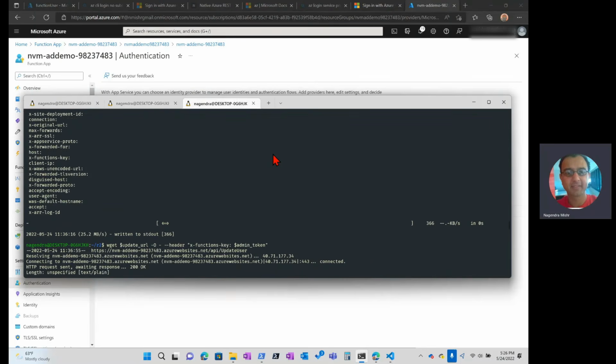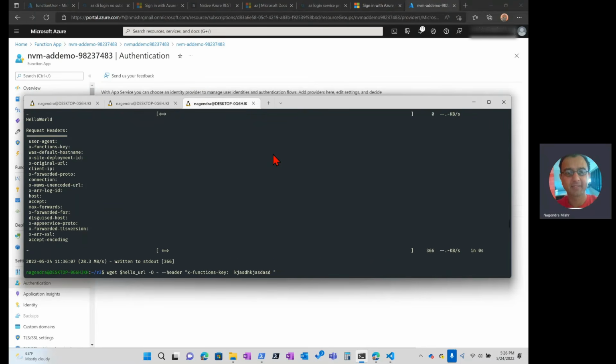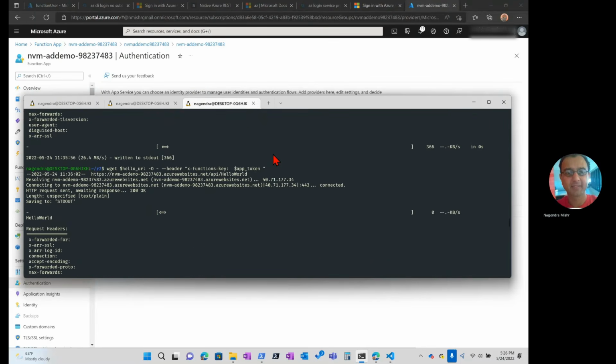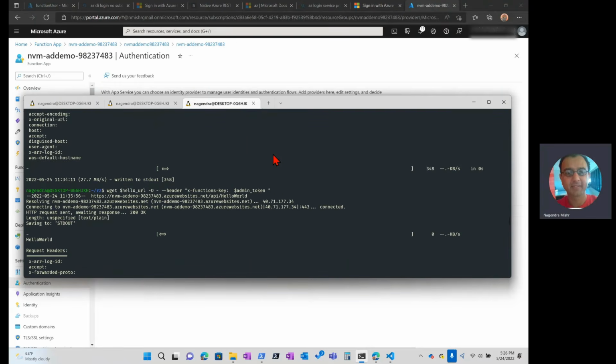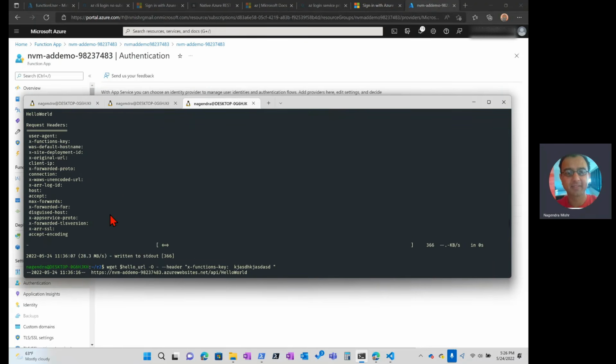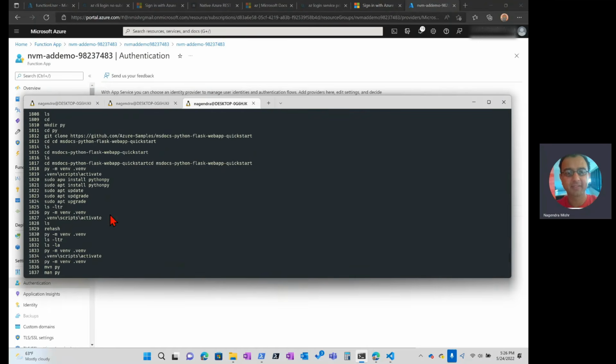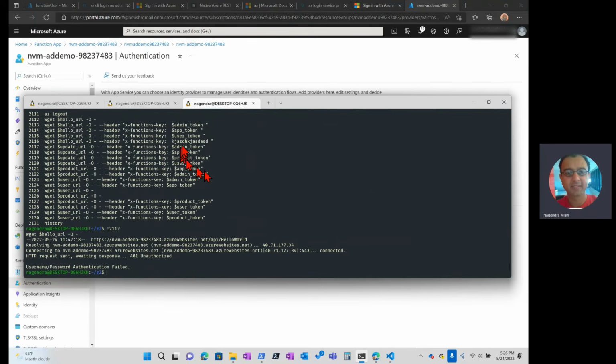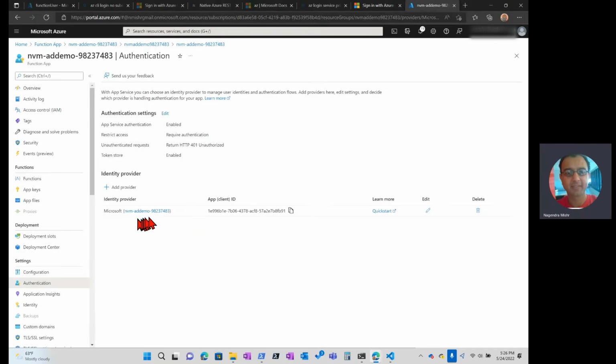We will see at some point, I will get to that hello function with an anonymous call. So here it was. We called it with nothing, with no tokens, and we actually had seen a response before. And at this point, all we've done is we've set up authentication, and now that authentication fails. Okay. And so in order to set this up further, what we're going to do is we're going to add